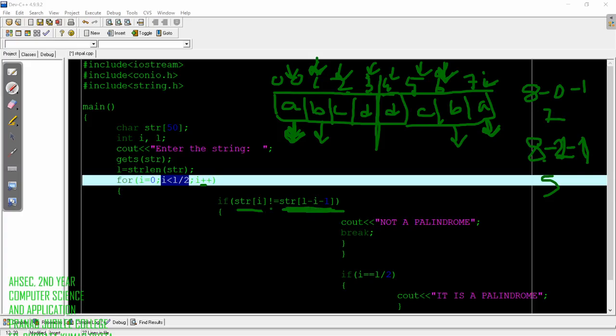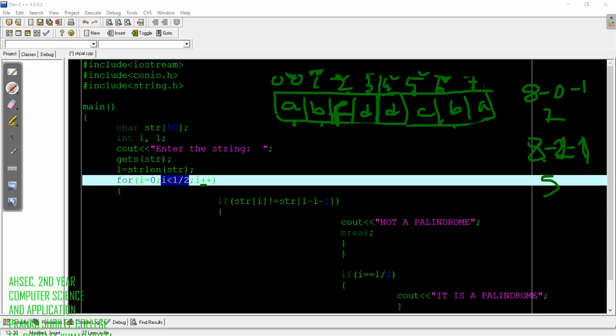Now let's see why I have written not equal to in place of equal to. A palindrome is when the first element is equal to the last element, and similarly the second element is equal to the second last element, and it keeps going, right? So when we are discussing equal to, why am I writing not equal to? I can directly write equal to, right? See, if I check equal to and write that it is a palindrome, the problem will be, say, in place of C, it is F, right?